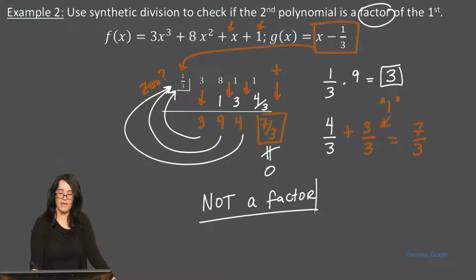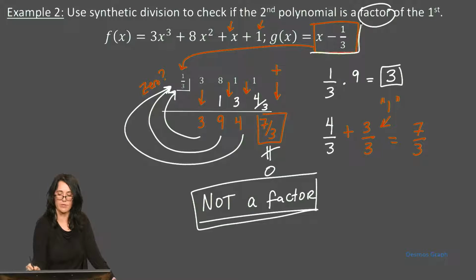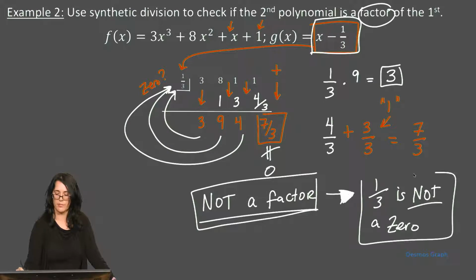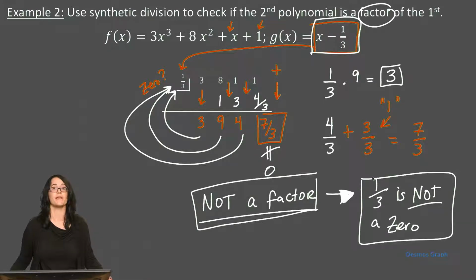And if x minus 1/3 is not a factor, that also is telling us by the factor theorem, it goes both ways. That's also telling me that, excuse me, 1/3 is not a 0. So it goes both ways. If x minus 1/3 is not a factor, then 1/3 is not a 0. It goes both ways. All right, so we've now given you a lot of tools in your toolbox to start